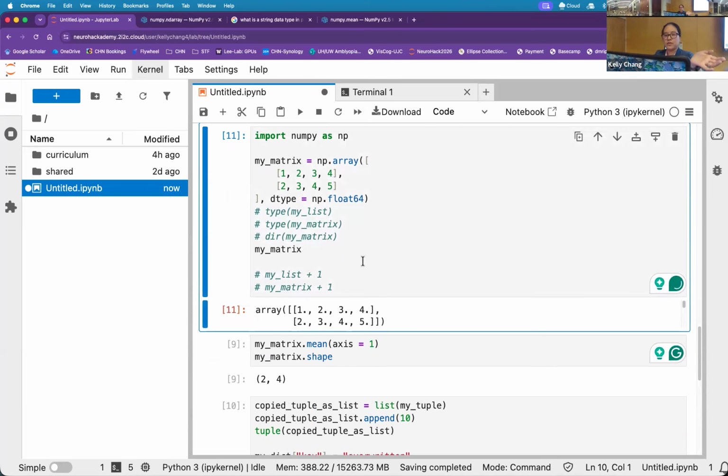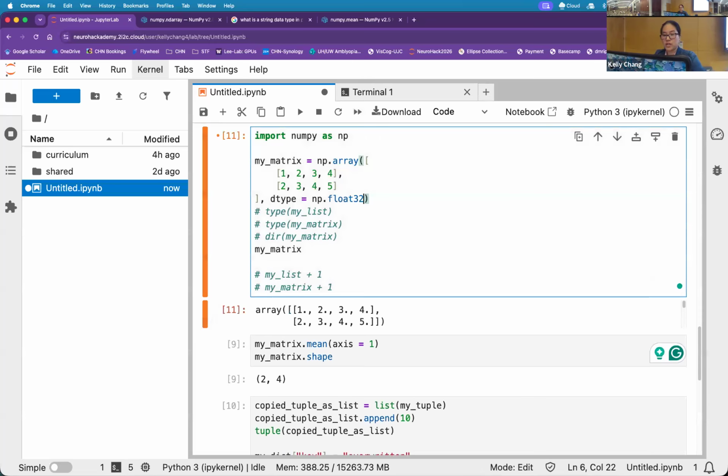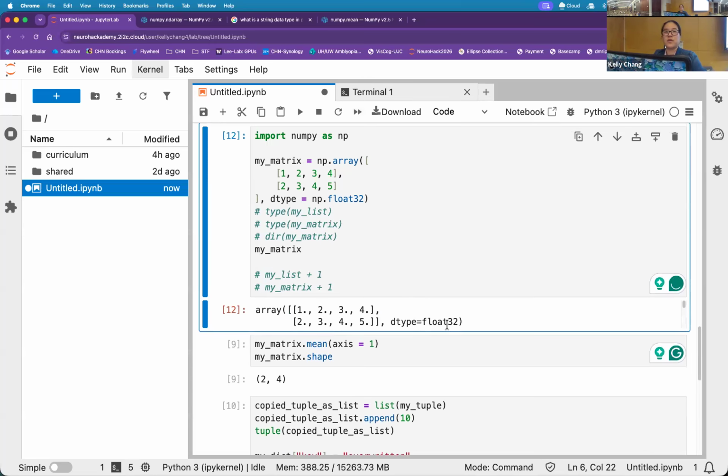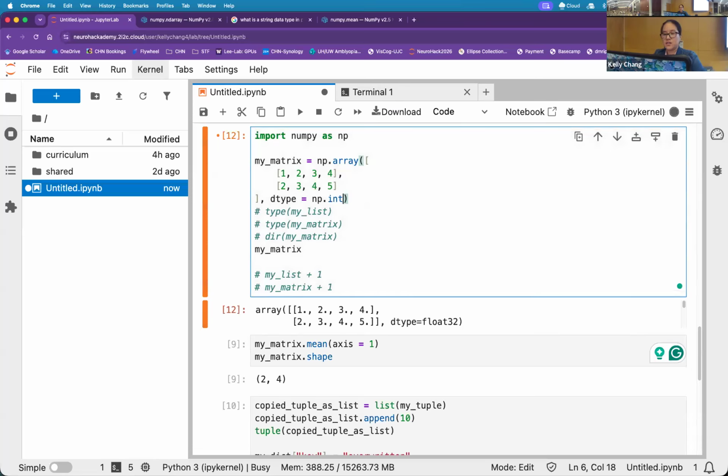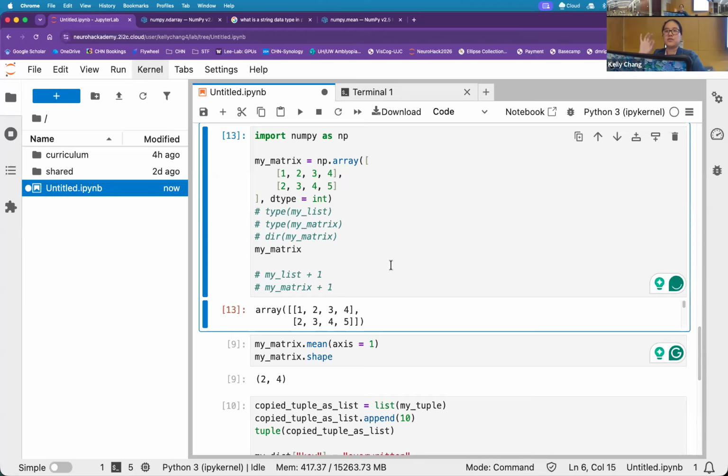So there we go. We have the float64. You can also see a visual indicator here: there's a dot that indicates it. I can also change it to 32. You'll start to see more information as it floats in. Ints, let me actually detype to int. Now you'll also see the change there too. There's no more floating point in the output.